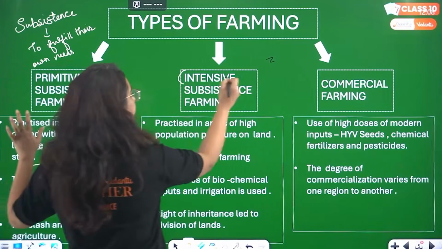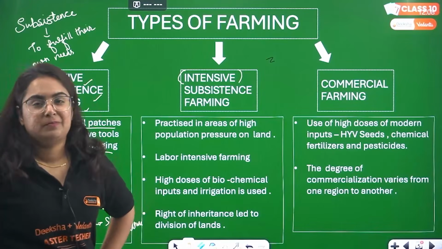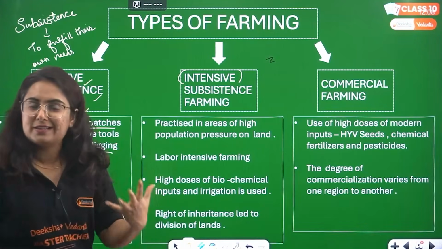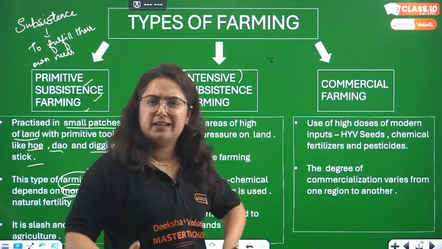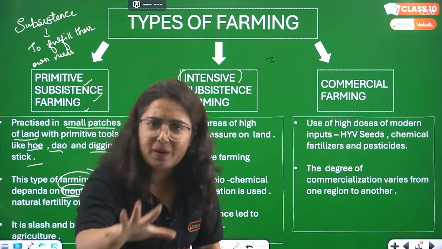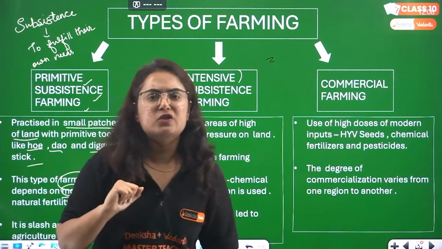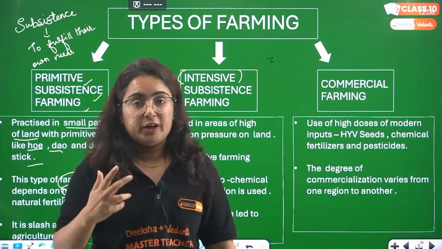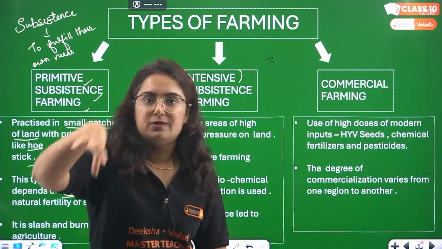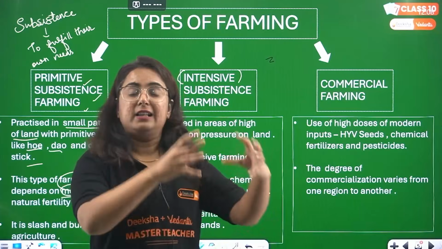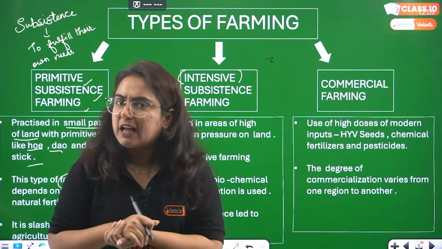Why did something become intense here? And what is that? Population. By day, population was increasing, but the land was not, right? Have you ever heard that the land of India is increasing like population is increasing? No, bhai. Population is increasing tremendously, but the land remains constant. Now, what do you think, beta? The land over which 100 people were living, now 1000 are living. So that land now needs to produce the crops to feed the stomachs of those 1000 people. How will the land do that?